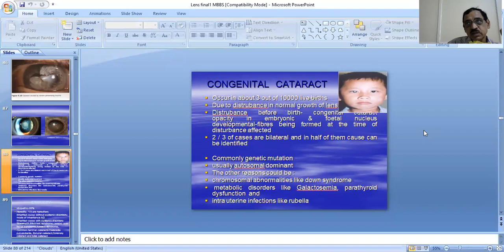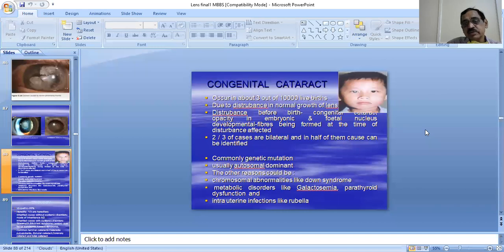Usually the classification involves the embryonic nucleus and fetal nucleus. The developmental cataract is from infancy to puberty or adolescence, so the infantile nucleus and also adult nucleus will be involved in case of the developmental cataract, and the fibers which form prior to and later to the stage of disturbance remain clear